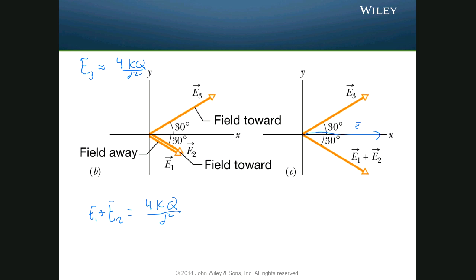I'll call it 1, 2, 3. That helps. And that total E will be along that way. So we've got the direction. It'll be to the right, positive x. Now we have to find the magnitude. But in order to do that, you'll notice we're not adding all of